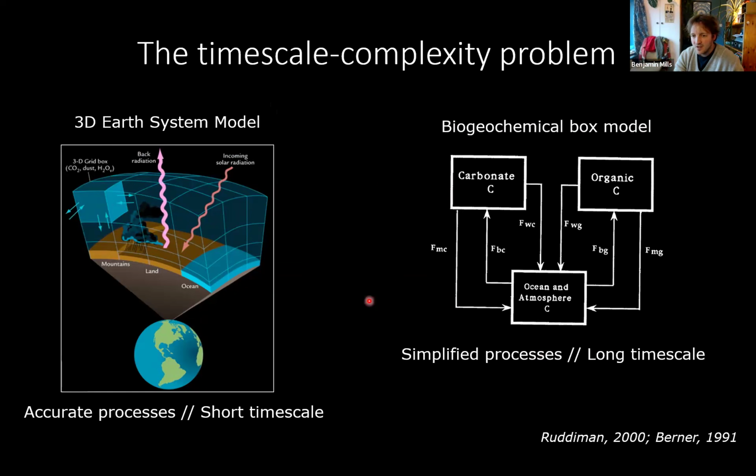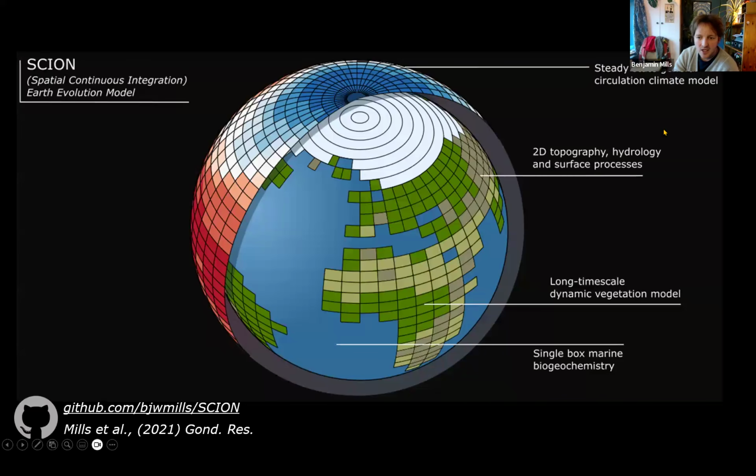This is what I've been using before: simple representations of carbon existing here and carbon moving to there. We're able to make them a bit more complicated with different regions of our ocean, like I showed, and a few more explicit processes, but we're not going to be able to involve proper 3D grids. So what I've been trying to do in my group over the last few years in Leeds is to build a kind of model that sits between these frameworks. Ultimately, a box model that can run for billions of years, but that incorporates a lot of the 3D architecture that we have in the more complicated models. This is what we call the SCION model.